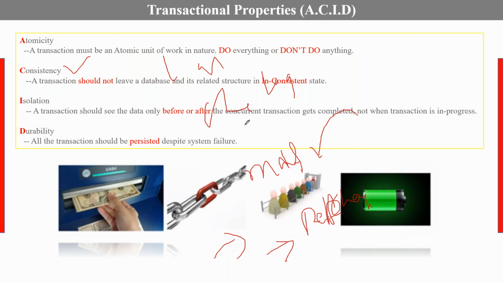So every transaction, whatever you are performing, needs to satisfy all this, sir. Every transaction is fully committed or fully rolled back. It should not violate the behavior. Multiple users can access, multiple transactions can be performed, and whatever you are performing is protected in the log file as well, in parallel.